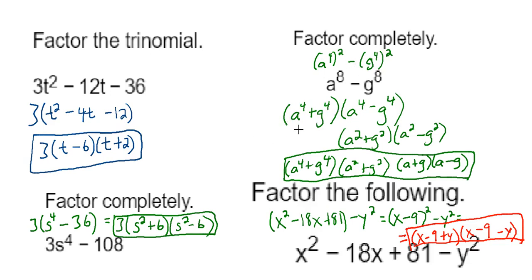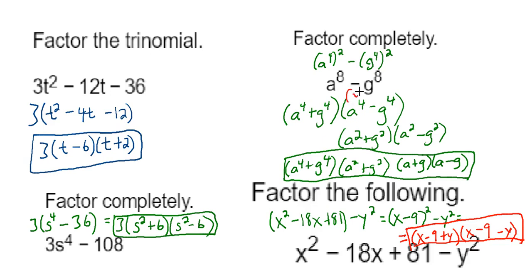So this is the a plus b right here, a to the 4th plus g to the 4th. This is the a minus b. But then this one, a to the fourth power minus g to the fourth power, can be factored again. It again fits the a squared minus b squared formula, except that you would have to write it as,